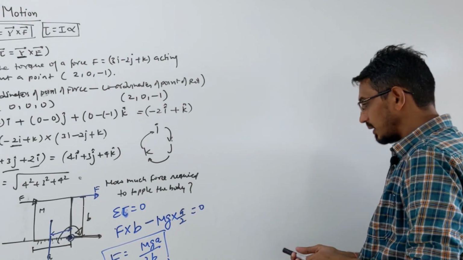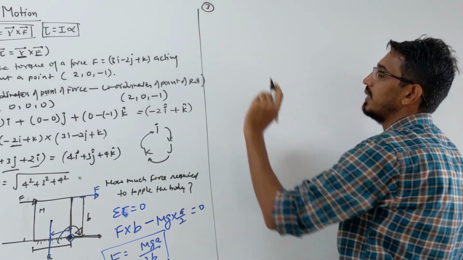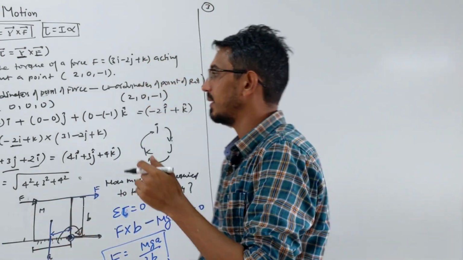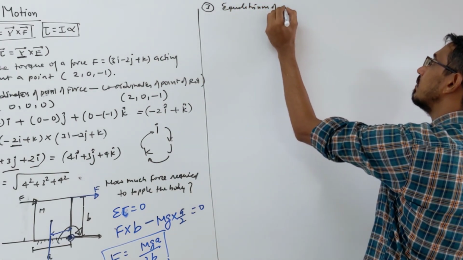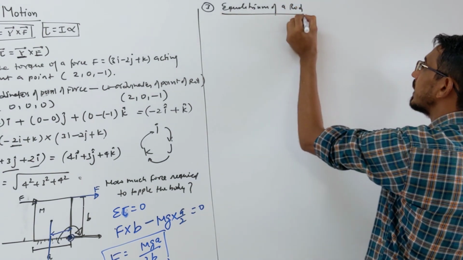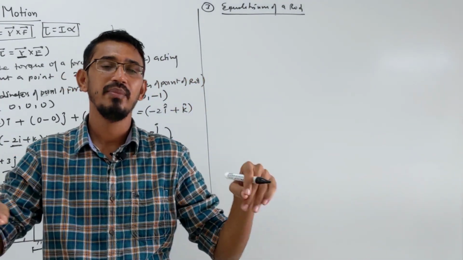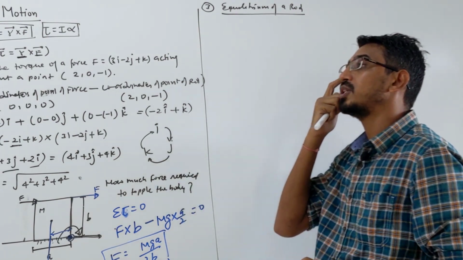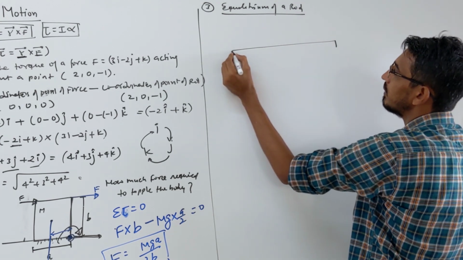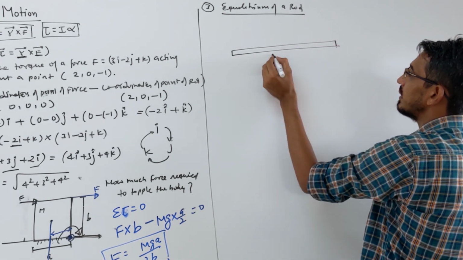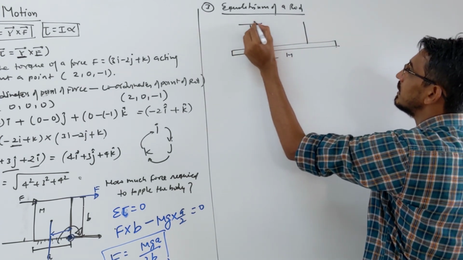Okay, this is the second type of question. Suppose we move to the next, then we see the third type of question. What they ask is equilibrium of a rod. So let's talk about equilibrium of a rod. This type of question they have also asked. What they do is hang a rod or something thick by some strings, then they ask you to calculate the tension in the strings. Suppose like this one, you have a heavy rod of length L and mass M. This is supported, suppose hanged, by two strings, okay, these are the two strings.